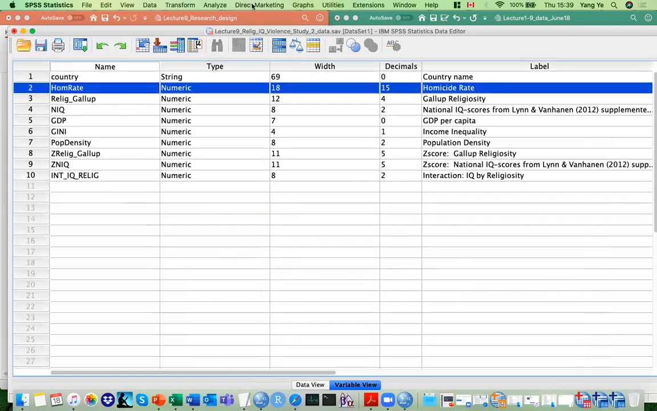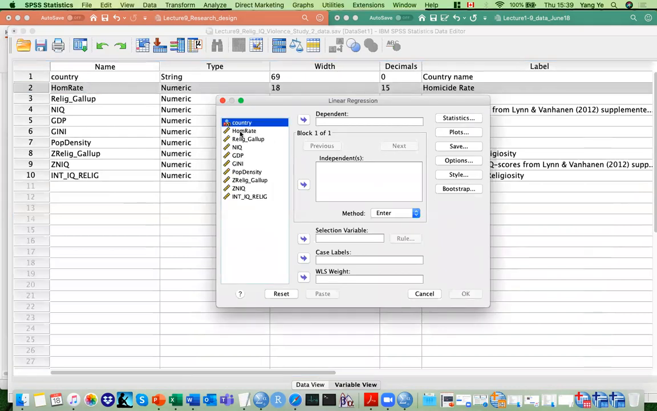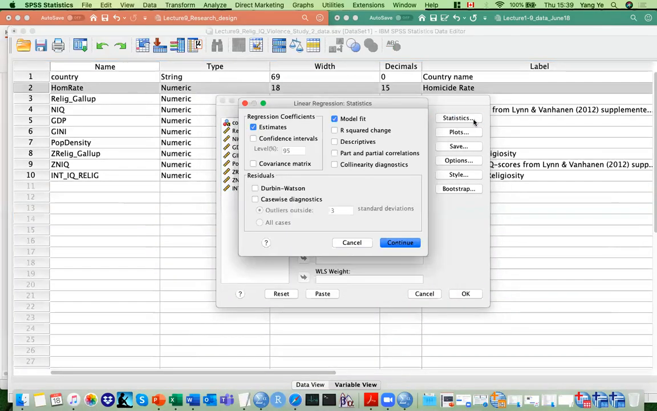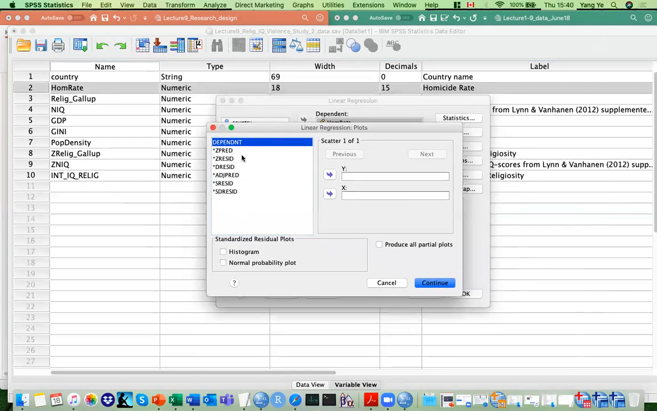Now we have homicide rate as the dependent variable. So the next step is to build a linear regression. We put the homicide rate into dependent, and the Z scores and the interaction between the 2 Z scores into the independents. For statistics, we're going to look at descriptives, collinearity, part and partial correlation, confidence interval, covariance matrix, which we need. So continue. And we want to look at the residuals because we want to see if the residual is normally distributed. So histogram, normal probability plot,